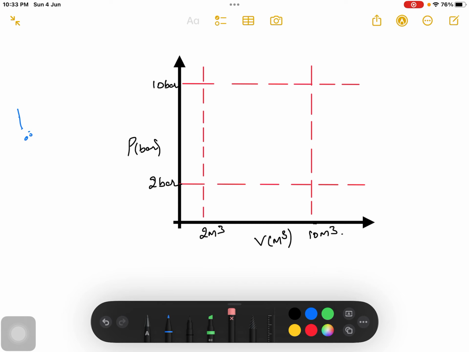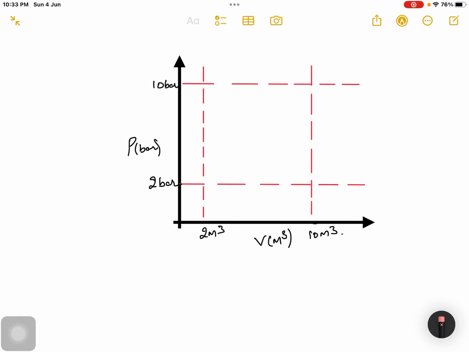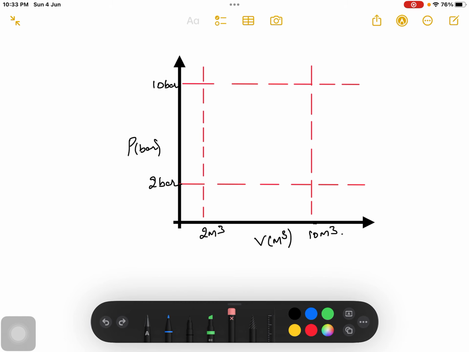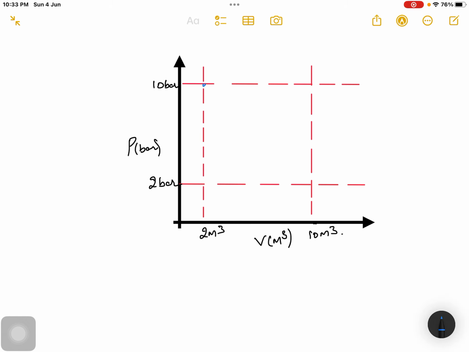So at the intermediate stage, I don't know what the actual pressure is. So I will represent the non-quasi-static process as follows. Suppose this is